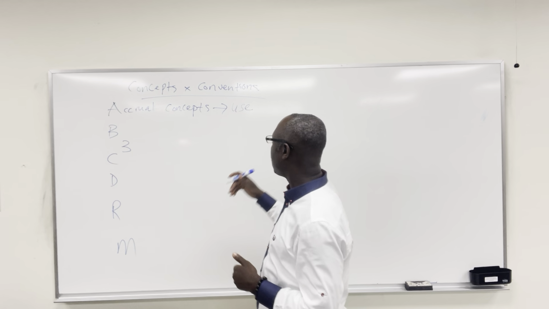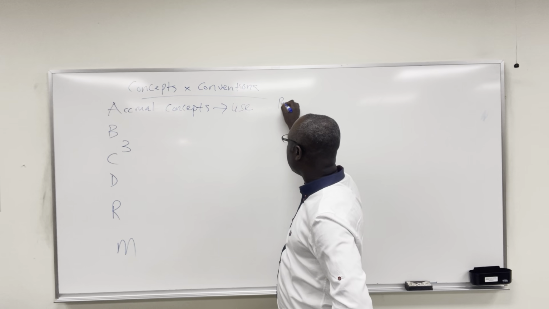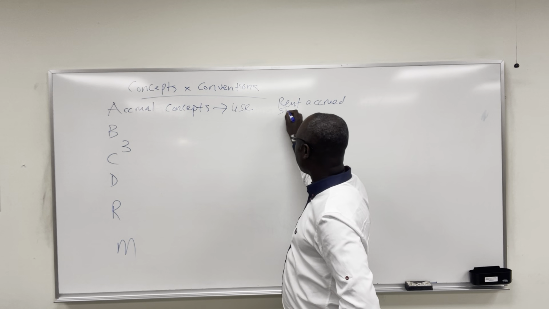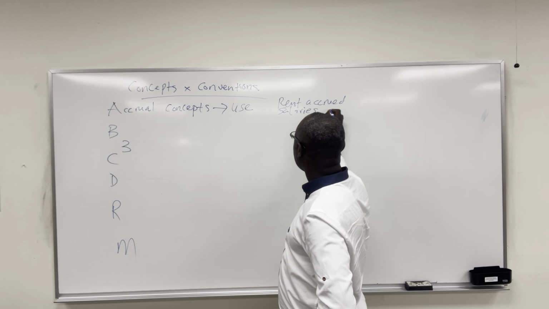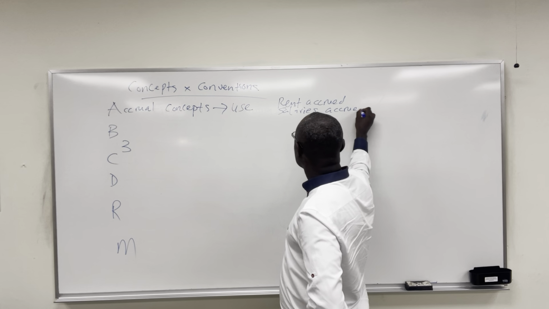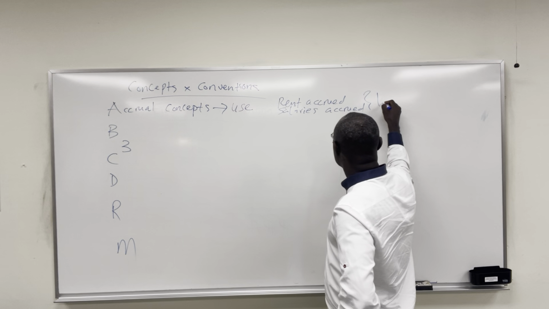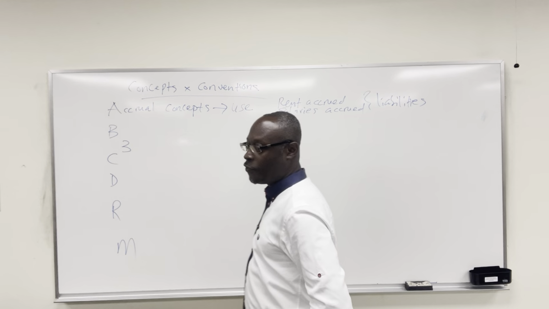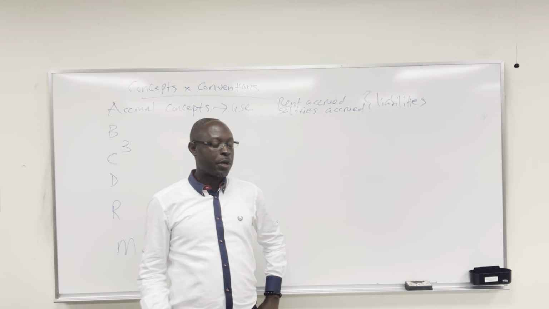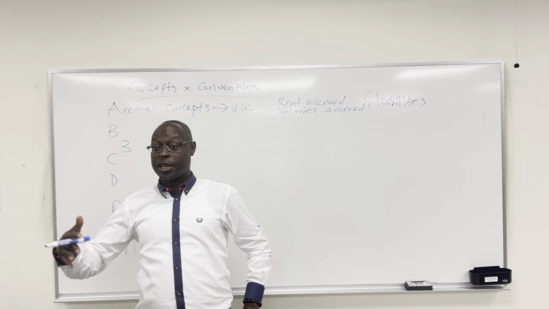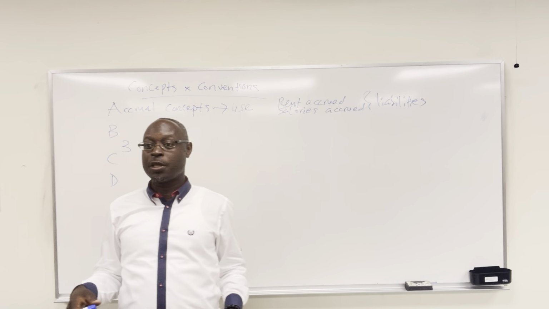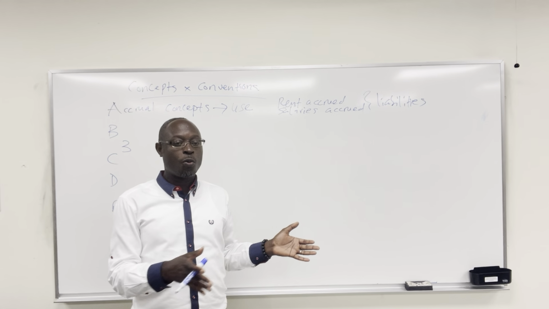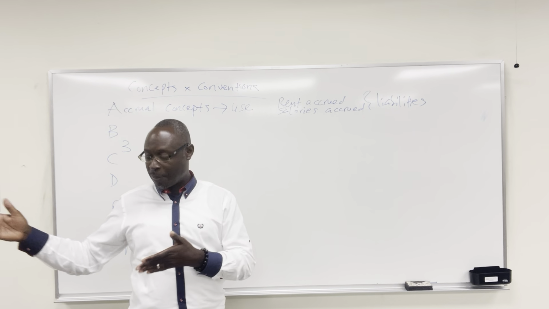So because of the accruals principle, you may have rents accrued, salaries accrued. These accrued things are liabilities. Right, so if you have worked for your company for 2 weeks but you have not yet been paid, the company owes you money, so they are supposed to record your salary expense along with the accrual or the liability that they owe you.